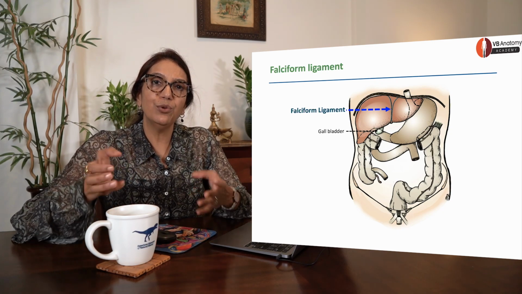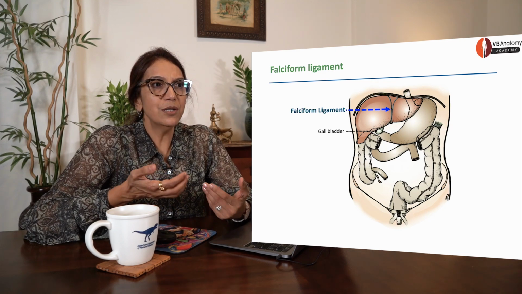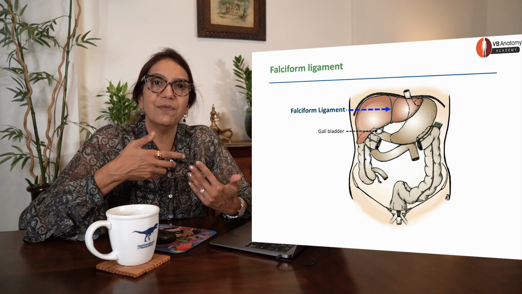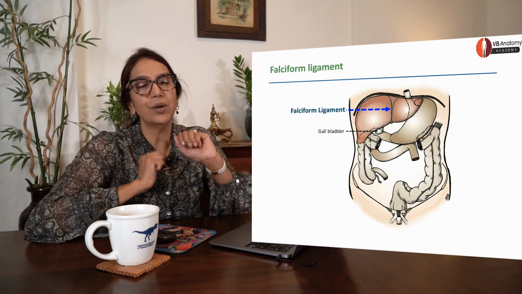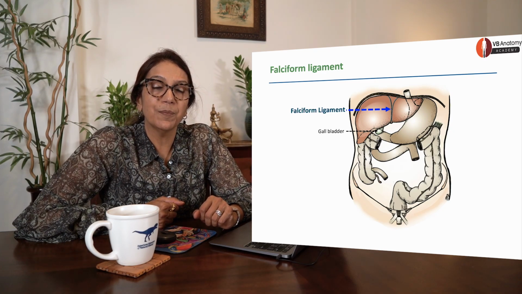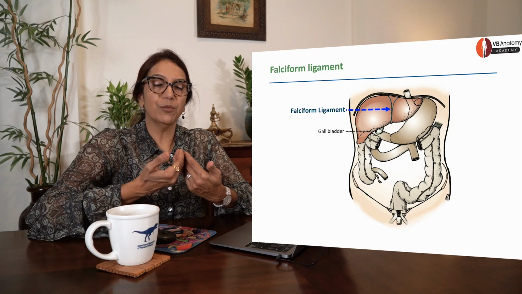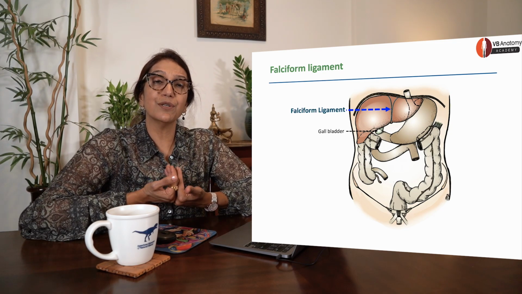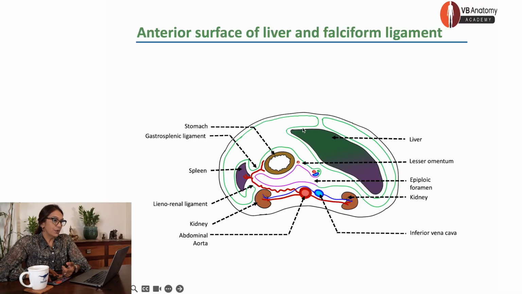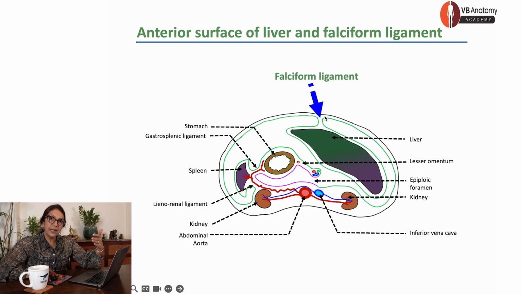When you open the abdomen, you see falciform ligament, and you are in such an early stage of learning that sometimes you don't understand what the demonstrator is talking about. So it's a double fold of peritoneum which goes and gets attached to the anterior surface of liver. You can see it here also. See, this is a transverse section through the abdomen. Can you see this double fold of peritoneum from the left as well as from the right? It is attaching the anterior body wall to the liver through this double fold, which is called falciform ligament.